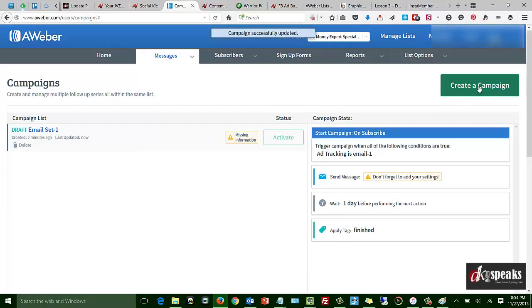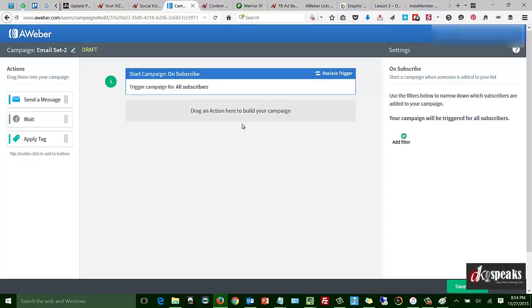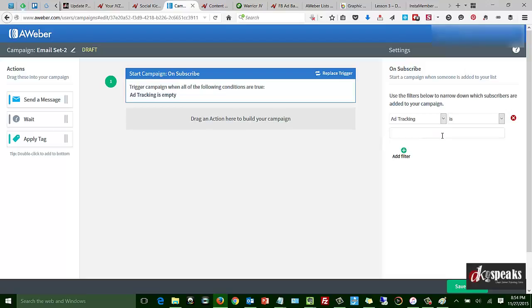Now I can create a second campaign here, which is email set 2. You create the second set of email campaigns, click on unsubscribe, and you click on filter here. You add tracking is equal to, for example, email 2. So now that tracking has been added here,